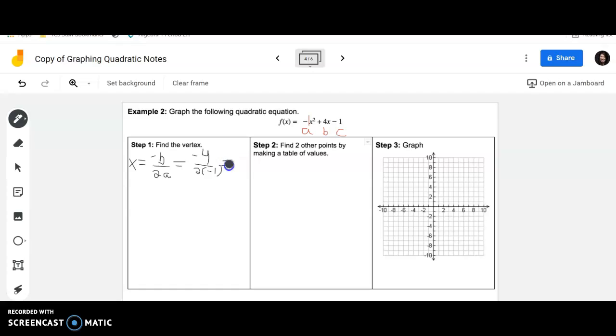So that will simplify to negative 4 all over a negative 2, which will simplify to x equals negative 4 divided by negative 2 is a positive 2. We'll then plug that in. We're going to have negative, and then our x is going to be 2, and we'll square it, plus 4, but instead of an x, we're going to put in a 2,